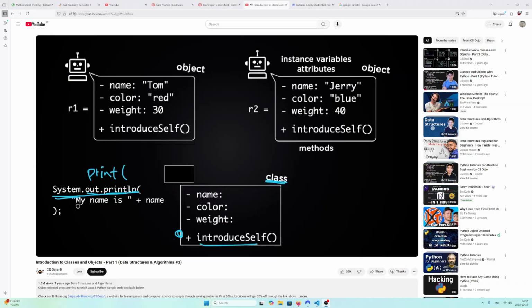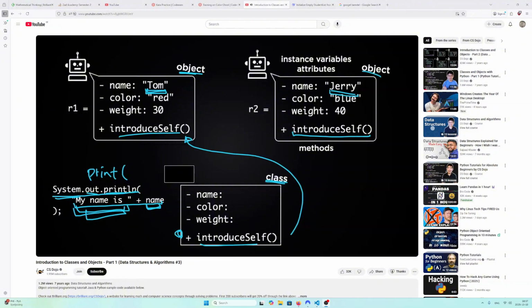And then inside the input of this function, we have "my name is" as a string plus name. And this name will refer to whatever the value of the name is for that particular object. So for example, if you run this function in this object, it's going to print out "my name is Tom" because that's the name of this particular object. And then if you run this function here in this object instead, it's going to print out "my name is